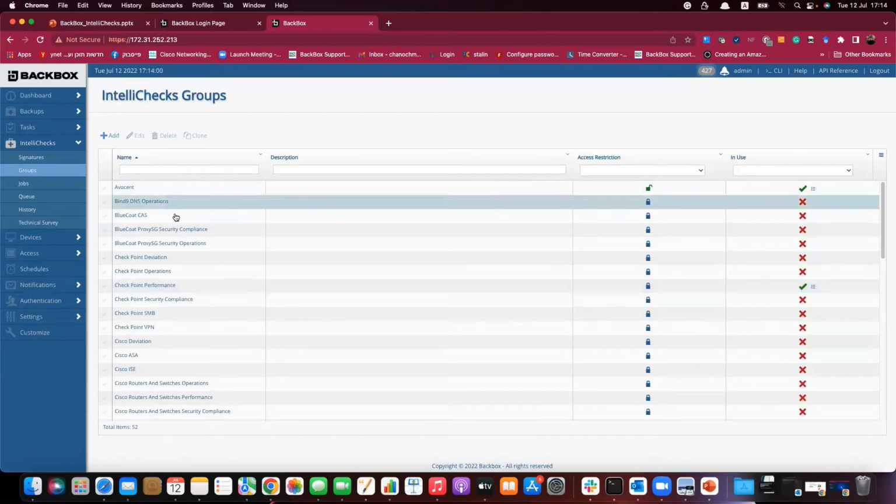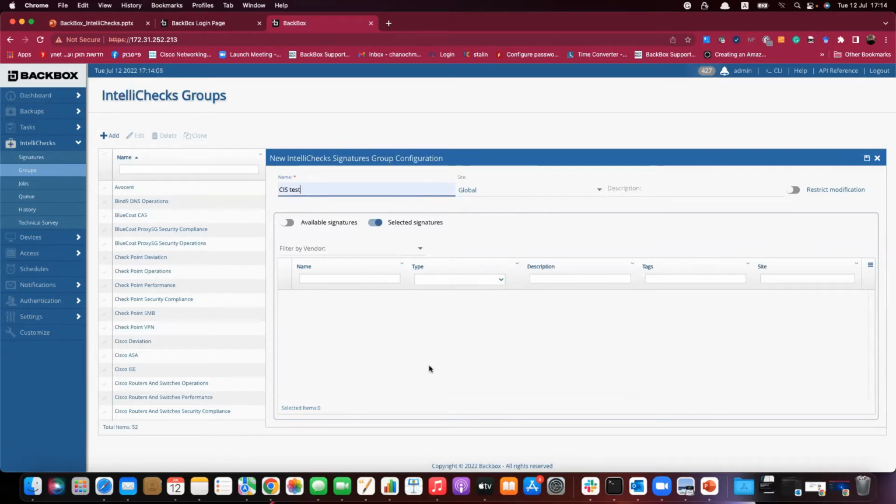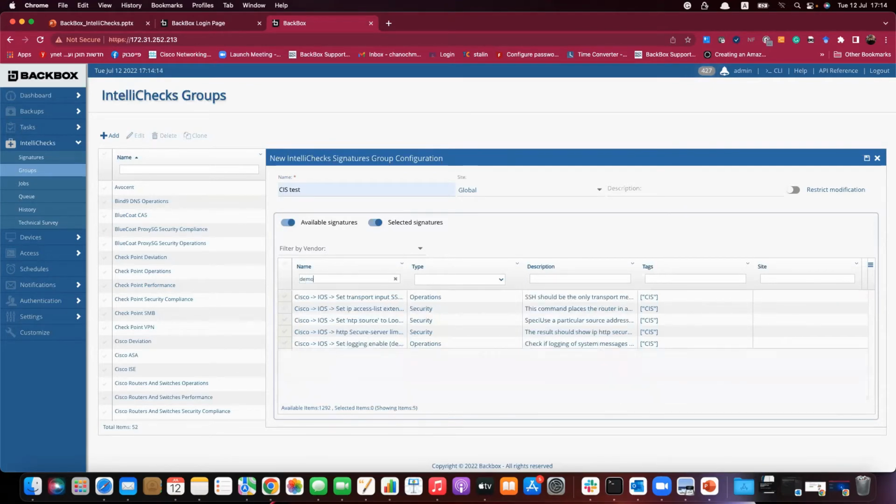So what I will do now is create a new group, call it CIS test, for example. And I will see all my available signatures. I will filter out the 5 signatures that I want to show now